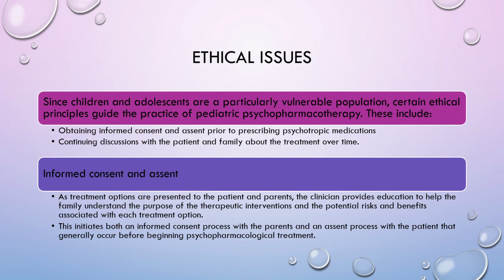Now, the parent may be with them and they're going to want consent. It's still feasible, especially if their parents are very involved in their care, to make sure you're also educating the parent about the benefits and risks of treatment. But ultimately, that child does make the decision. Where this becomes sticky is you're going to have adolescents who don't want to take their medication, and parents are going to ask you, well, can you not just make them take the medication? Is there not just a shot? Is there something else I can do? They're just not going to take it.